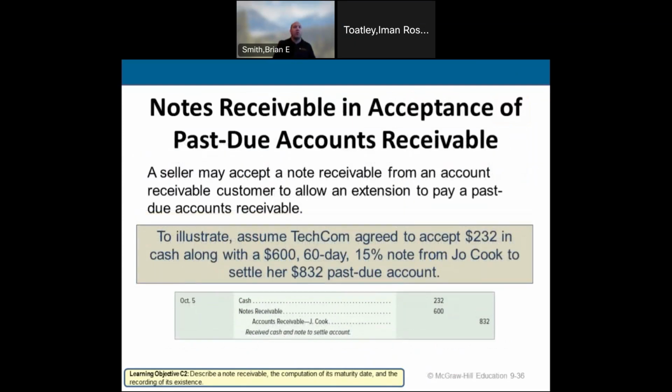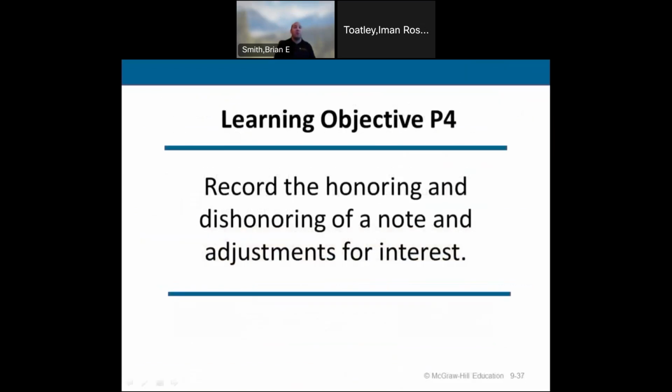And then we're going to record the receipt of the note when they pay us the money, as well as interest when received. This is if they didn't give us the full amount, so we're going to write off some of it as well. Cash debit, notes receivable. Well, that's if they didn't pay us and we got the note. I apologize. Sometimes trying to read this fast, I want to make sure I get it to you.